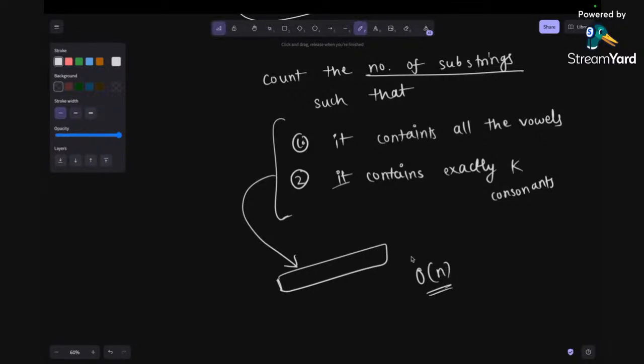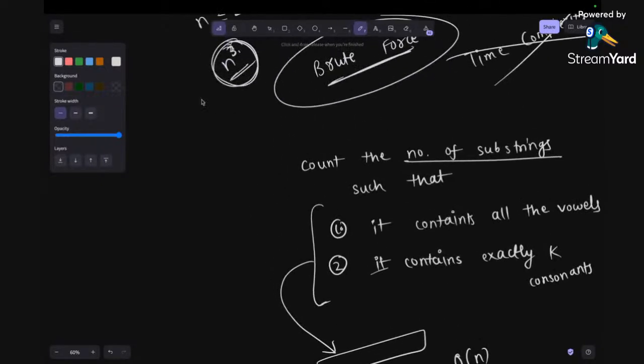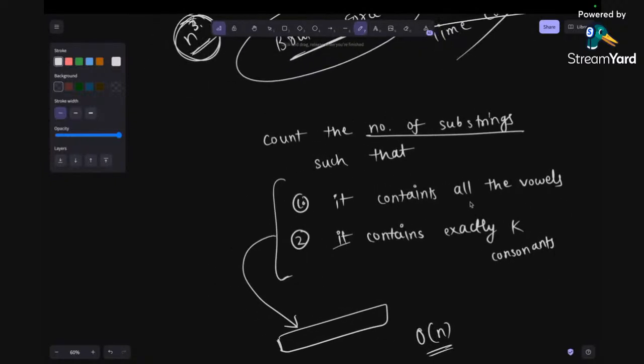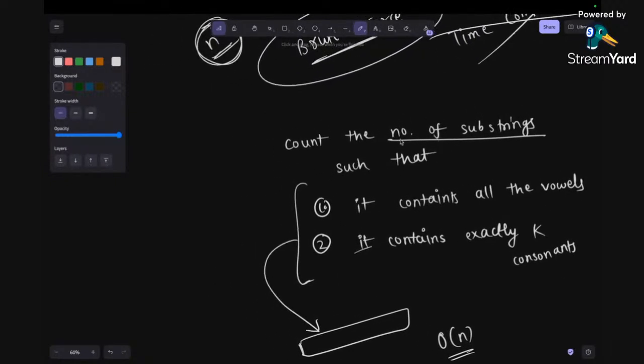I'm just telling you a very simple way of thinking about how to solve the problem. If you had figured out that you can have big O of n cube time complexity, the first thing is, since you want to count the number of substrings,